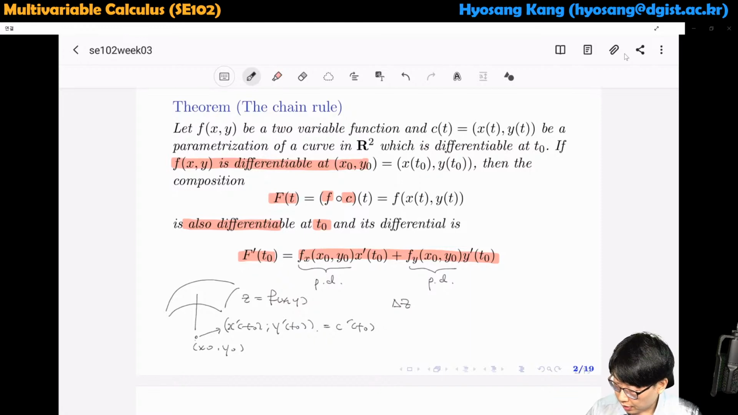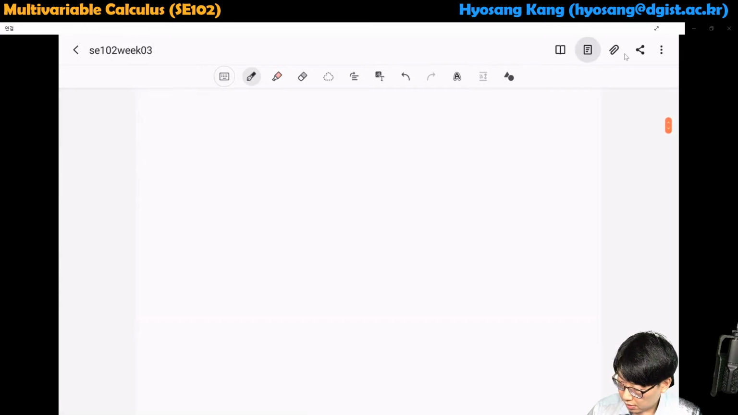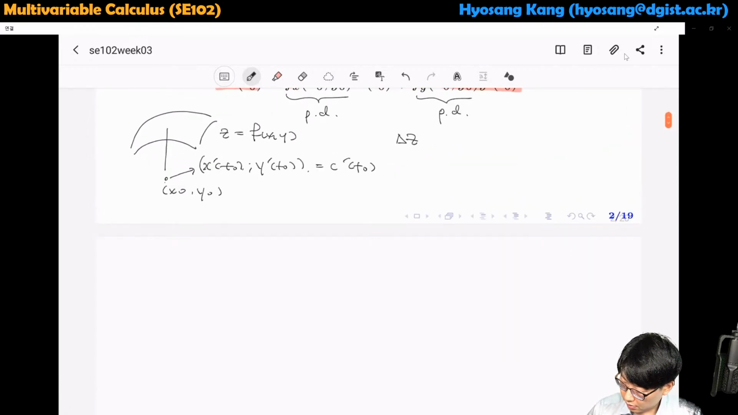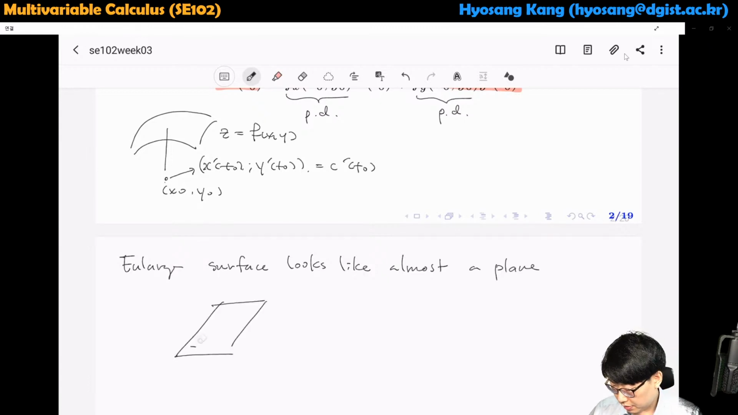let me just put another page here. So it's going to be long. So if you enlarge, then this surface looks like almost a plane, flat plane. Okay, so let's say we have a flat plane, almost flat plane,